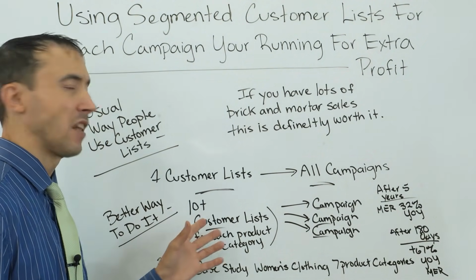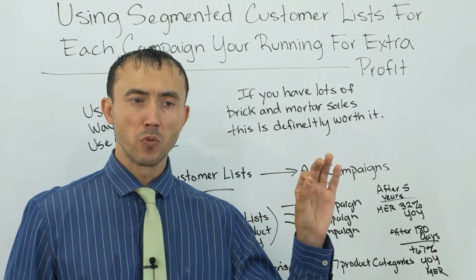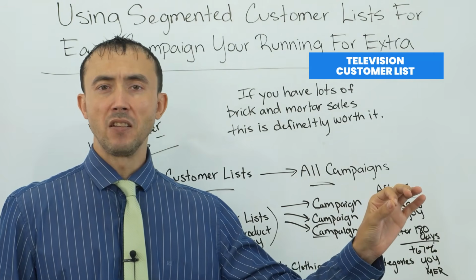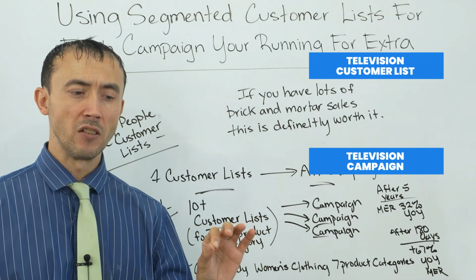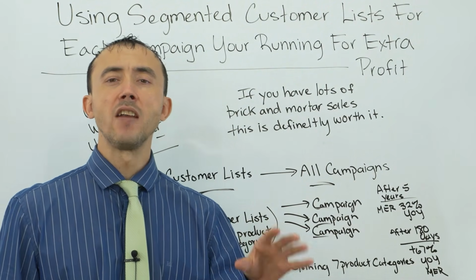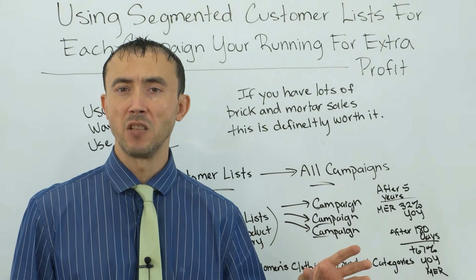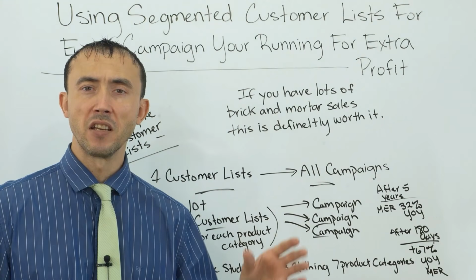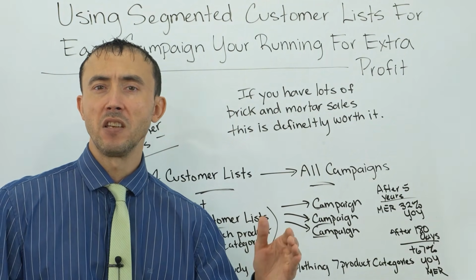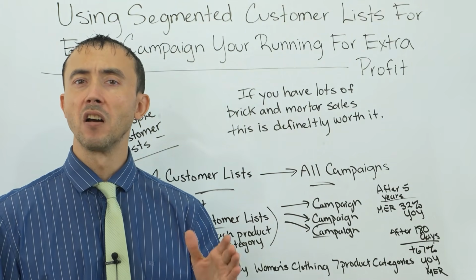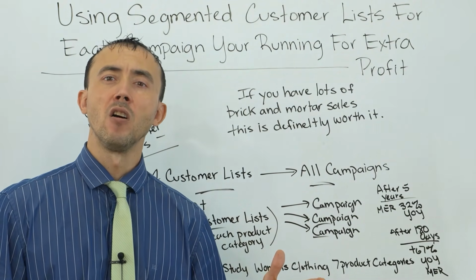With that said, that's pretty much it, right? If you have your swimming pool customer list, you apply it to all your swimming pool campaigns. If you have a TV list, you apply it to all the TV campaigns. You could actually go and try to experiment, like let's say you sell TVs and you have different campaigns for different brands of TVs. You could segment out your customer list and then with that apply the right list to each campaign that technically markets a different model of TV, Samsung, LG or whatever, and you may also get some